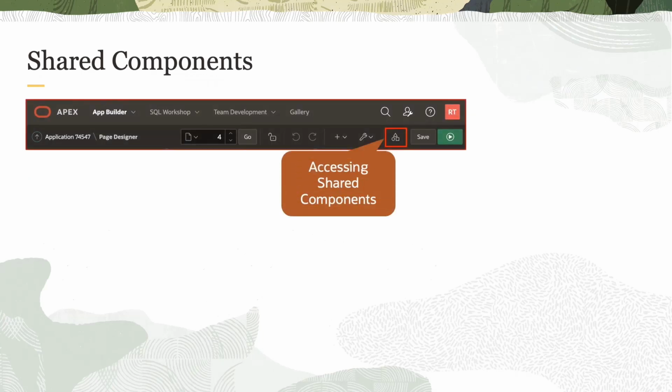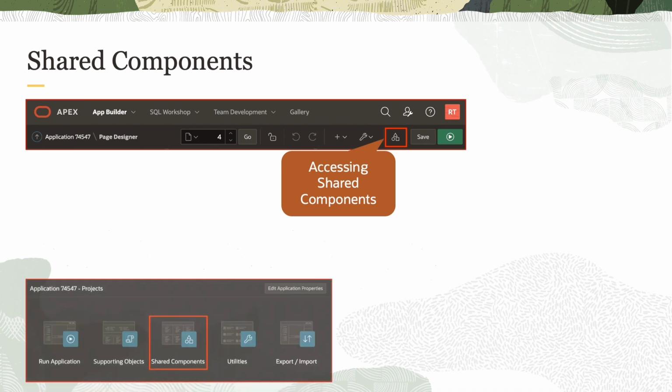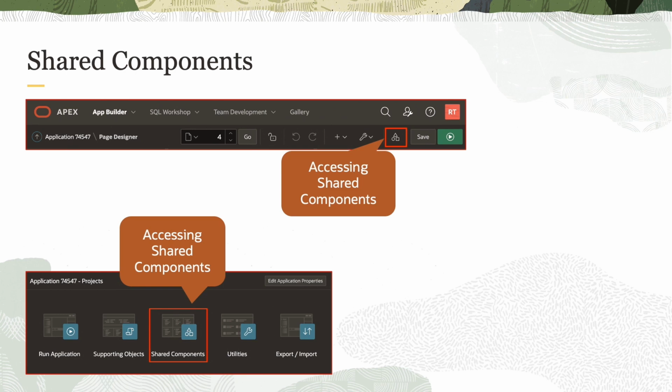Before we dive into lists, let's review shared components. Breadcrumbs, lists, navigation bar entries are examples of shared components. Shared components are common elements that can be displayed or applied on any page within an application. You can use the tools and wizards on the shared components page either at the application level or on specific pages. The big advantage of shared components is that once you create them, you can add them to any page